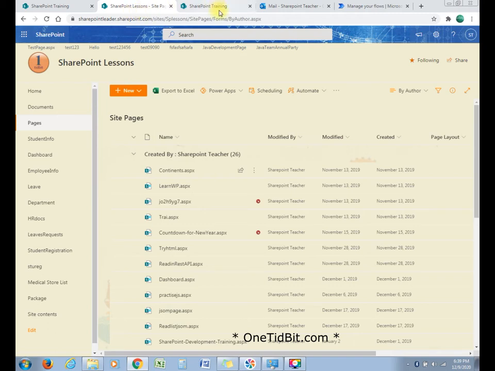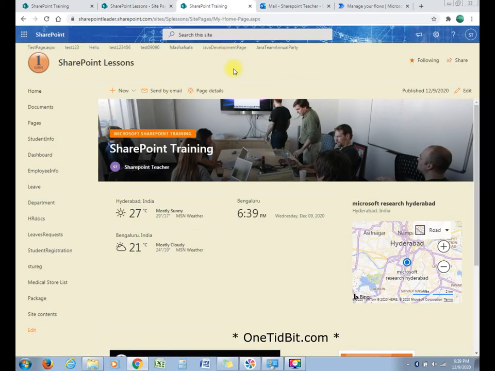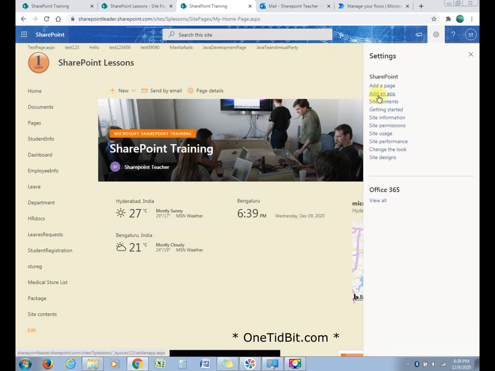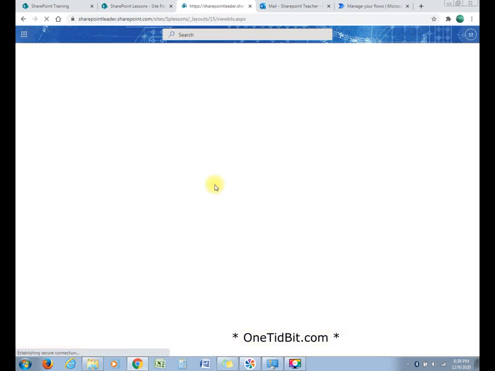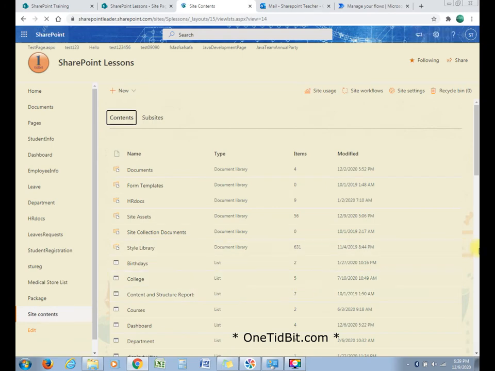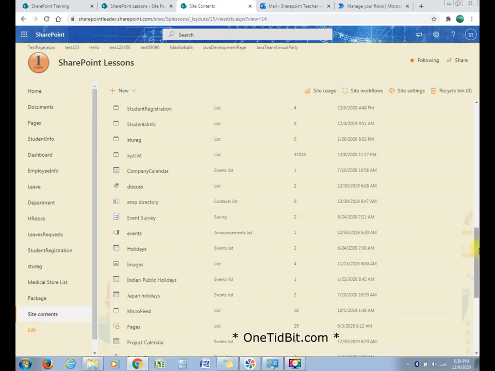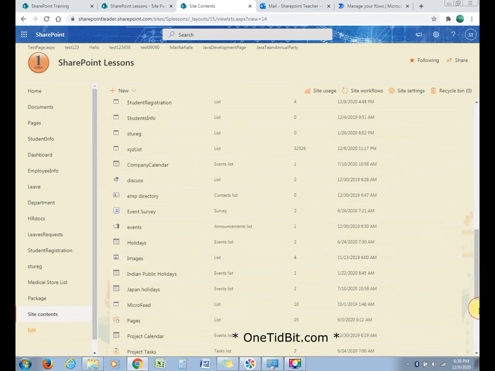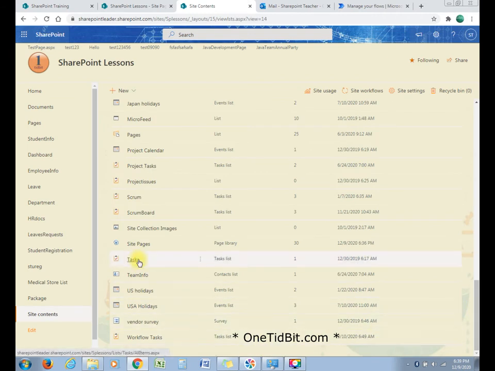If you go to the settings of the site pages, which are available in the site contents, and come to the site pages here, you can see the settings of this page library.